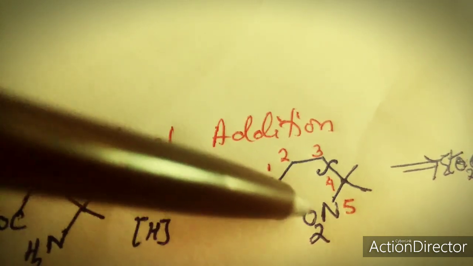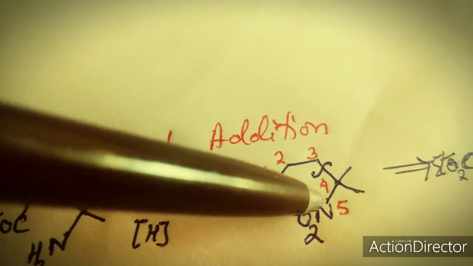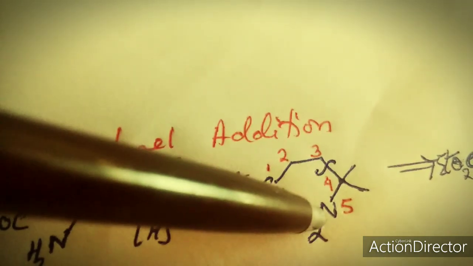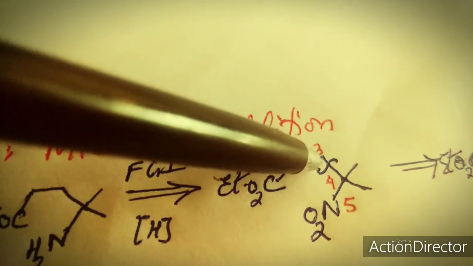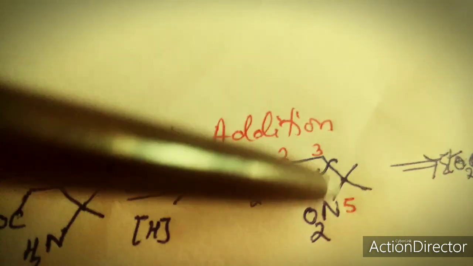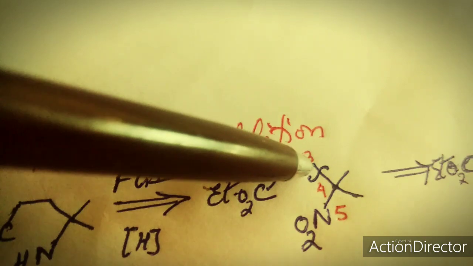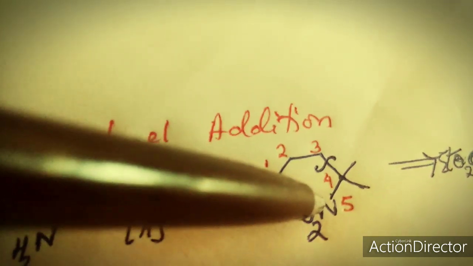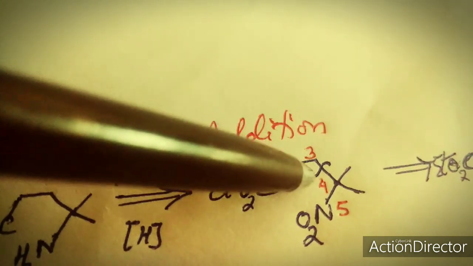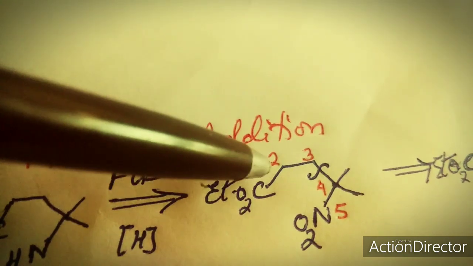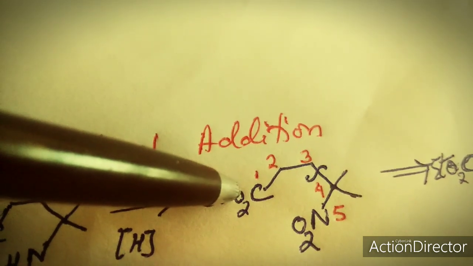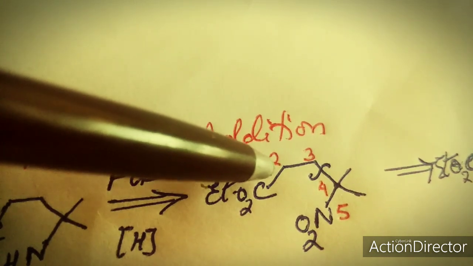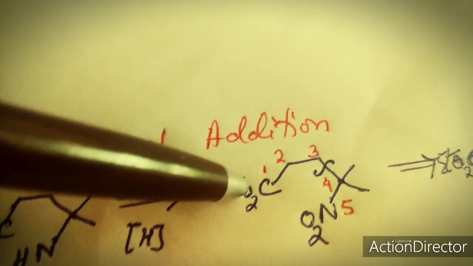So this will be disconnected in a 1,5 dicarbonyl manner, with the alpha beta next to this being disconnected, because this will again give rise to this nitro compound. This nitro compound here, and at this end a double bond. Why a double bond? Because see, we are producing what? We are producing here, this end will produce a carbanion, negative, and this gives us an alpha beta unsaturated